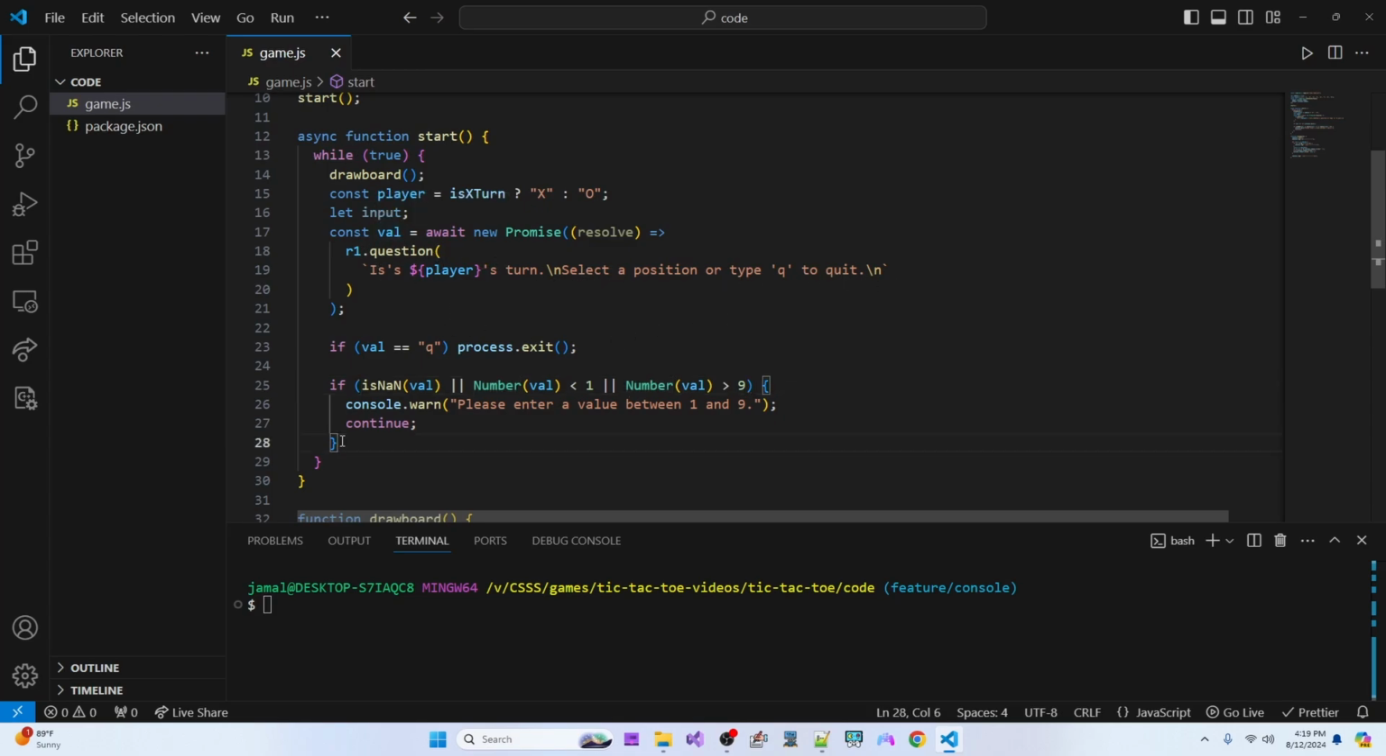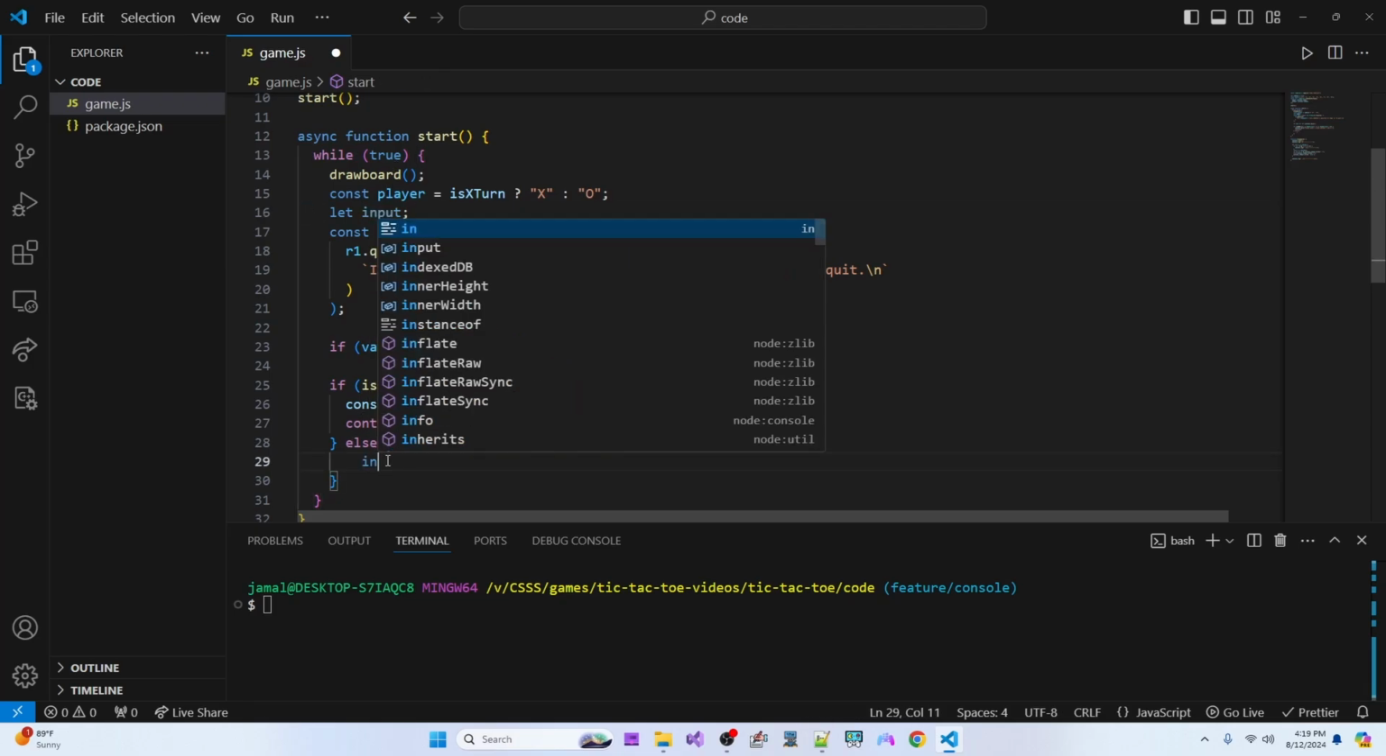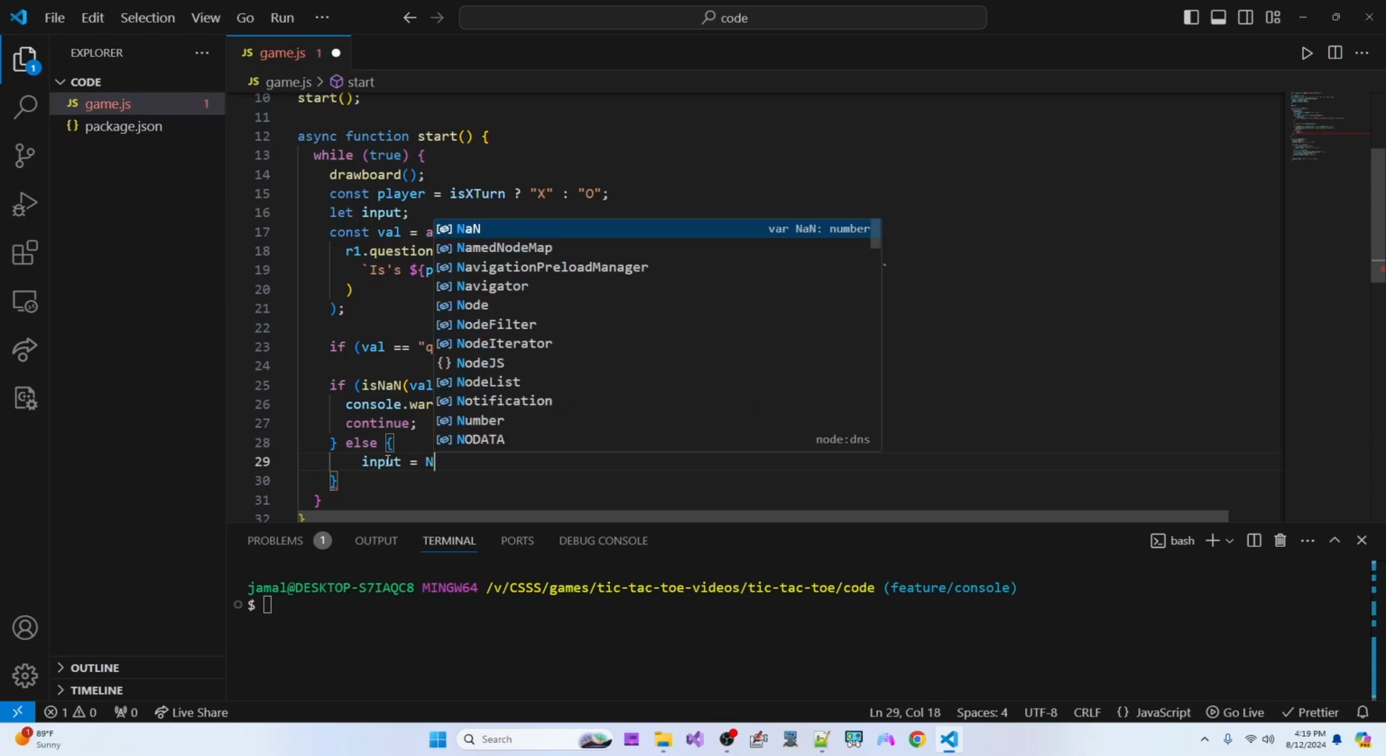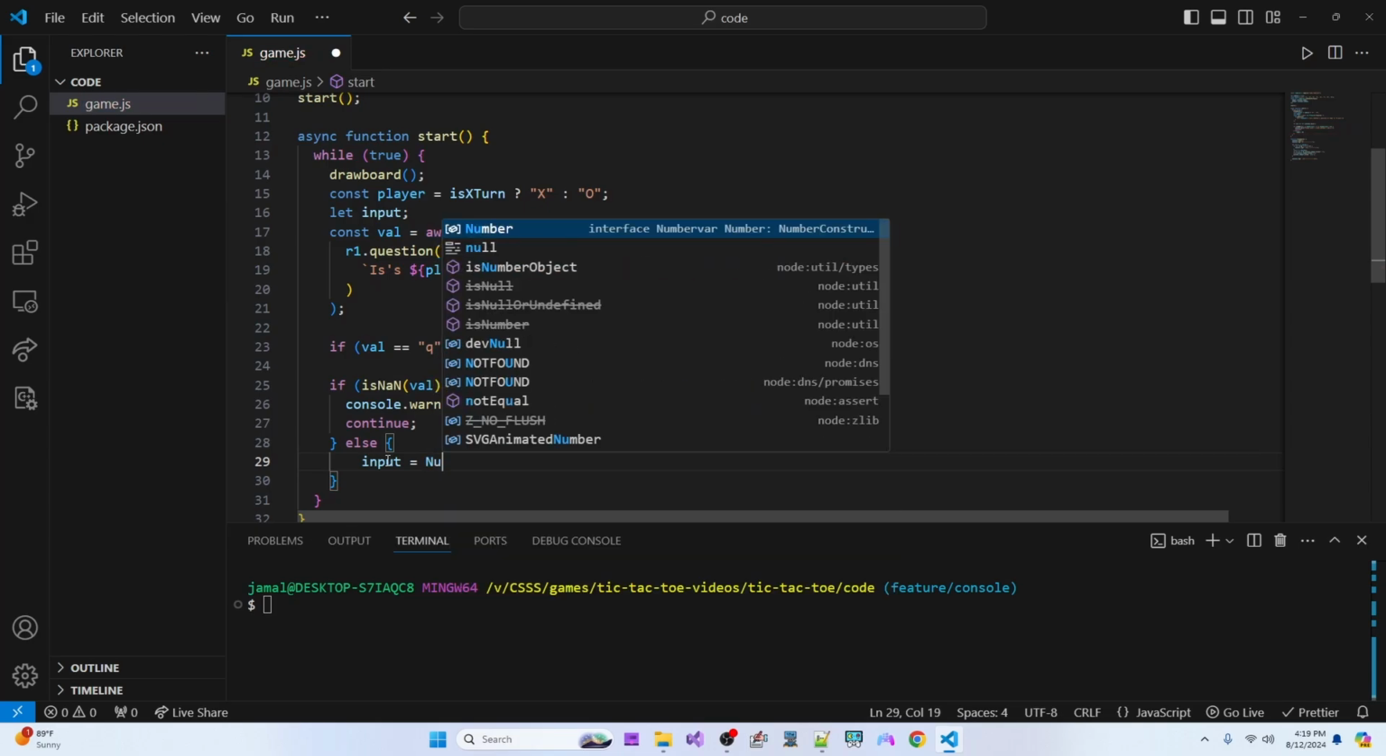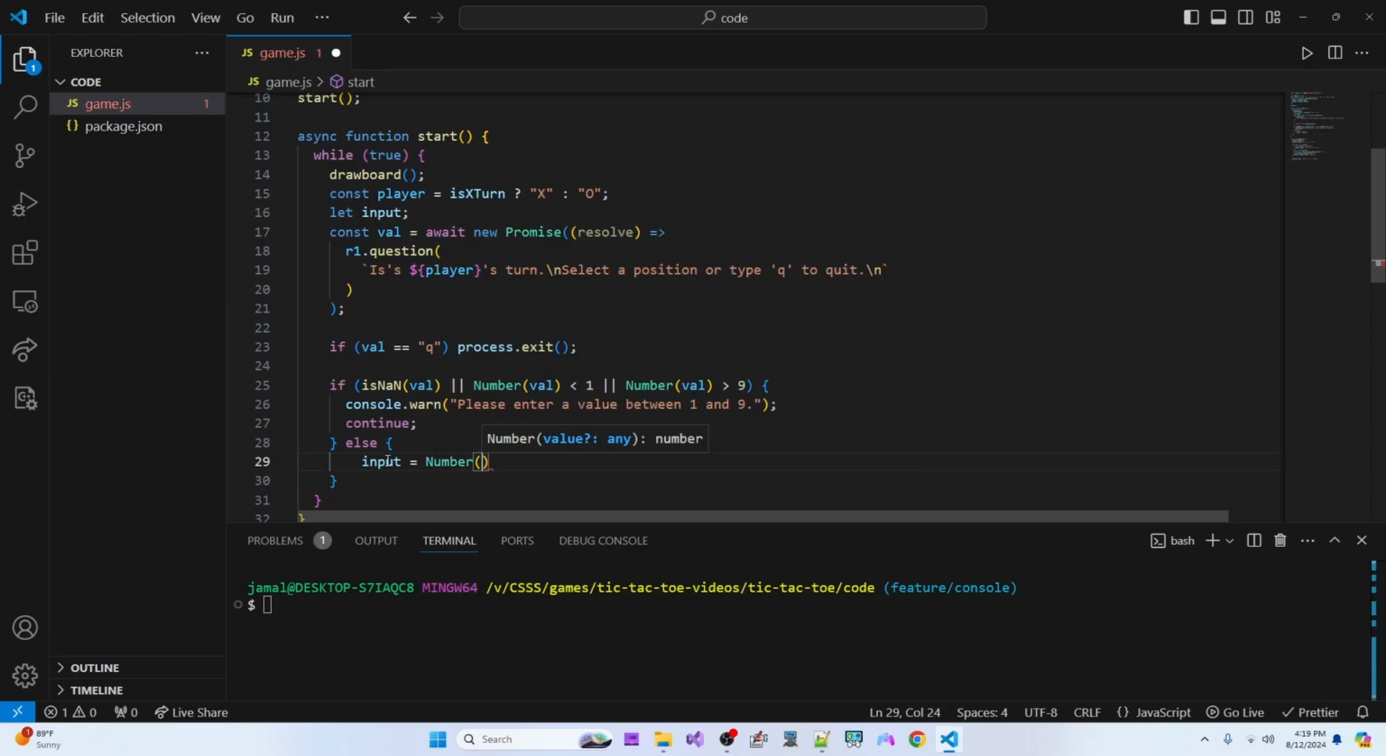Now that we've handled that case, we need to go ahead and handle the case where we did get a valid value. So we'll say else, because if we get to this point, then we know that the value is between 1 and 9, and it's a number. Okay. So now we just want to go ahead and set our input, because since we know this is valid, we can set input now. So we'll say input is number val